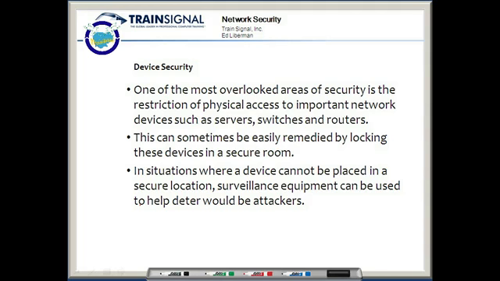It's not thought of. And I'll tell you what, you need to lock that stuff down. If somebody can gain physical access to a device, then all the logical security in the world is meaningless, because it can all be bypassed once you gain physical access. So we can remedy this situation by locking these devices in a secure room. And if a secure room is not available, if there are devices that cannot be placed in a secure location because of the proximity of where they need to be relative to the services they're providing, well then